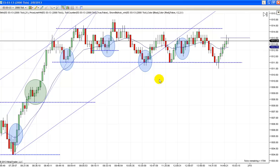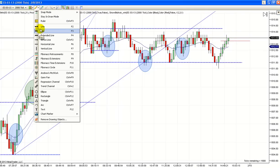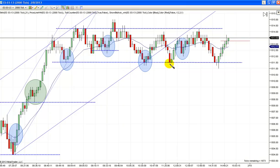So we've made one leg up. Now we've had a pullback, and let's see if we don't get another leg before the market closes that looks like that. And maybe goes a little higher, makes a new high, but then you still got, I mean, we've already had